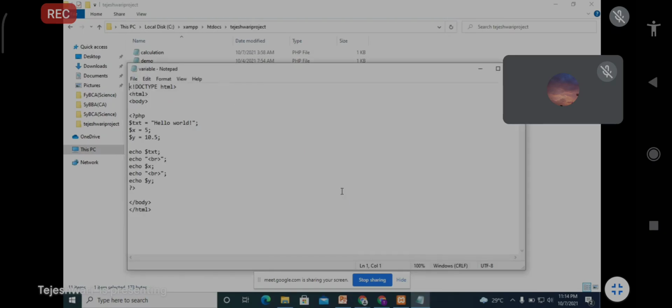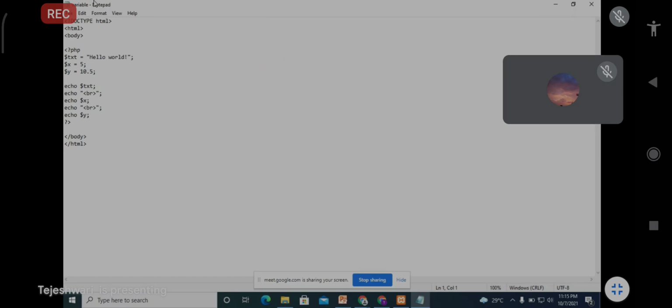This is a simple program for variables. Is it visible to all of you?